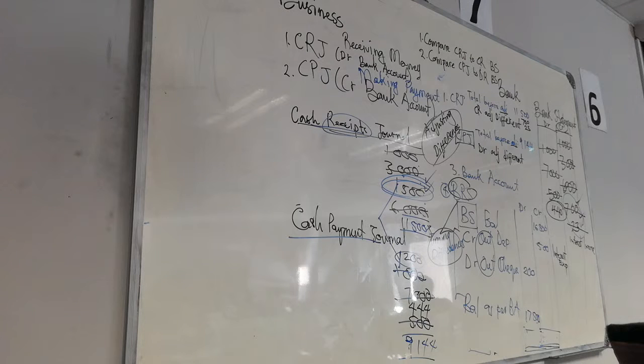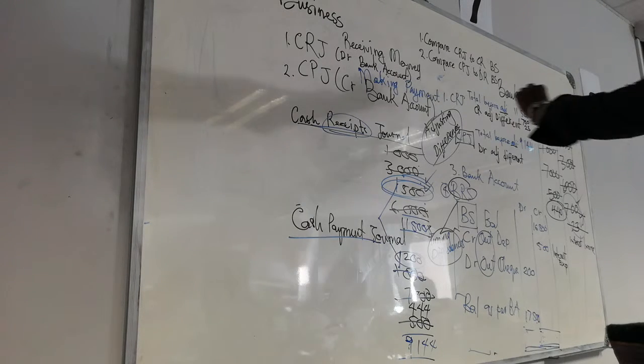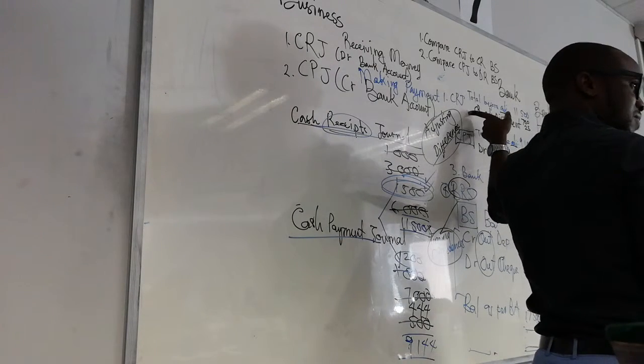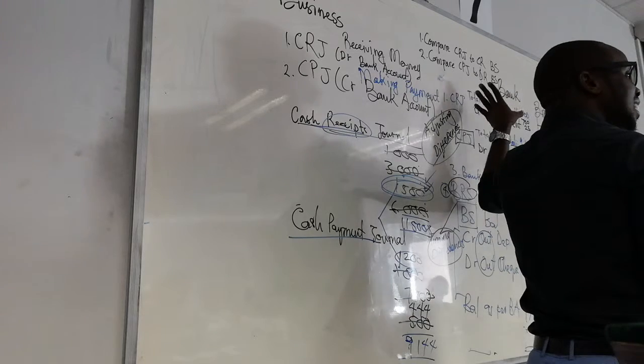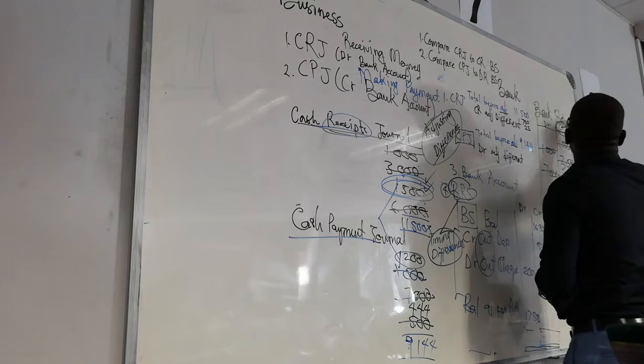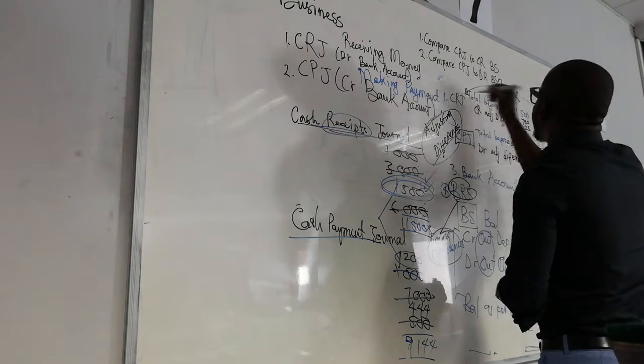Yes, ma'am. When you look at the CRJ, and then you come to the total before adjustment, do we just follow the bank statement and say credit instead of debit? Yeah, we found it on the credit side. Yes, it must be in our CRJ. No, there's no debit and credit here. Here I'm just saying you bring the credit adjusting difference to your CRJ.